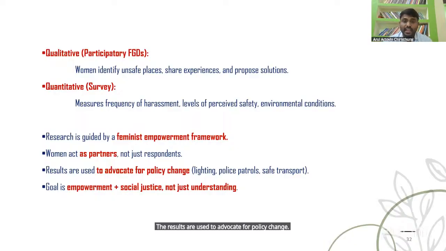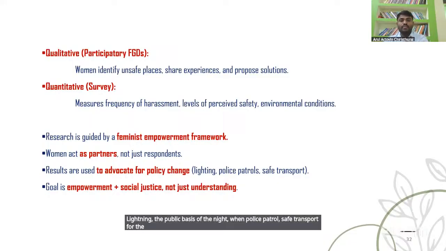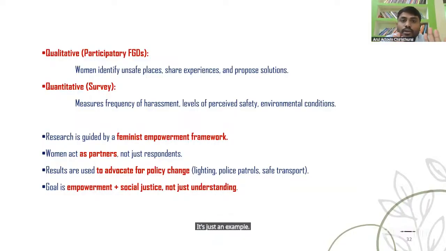The results can be, for example, lighting in public places at night, police patrol, and safe transport for women. That can be the policy advocacy for policy change from the study. It's just an example; participants shouldn't think it is only about this.